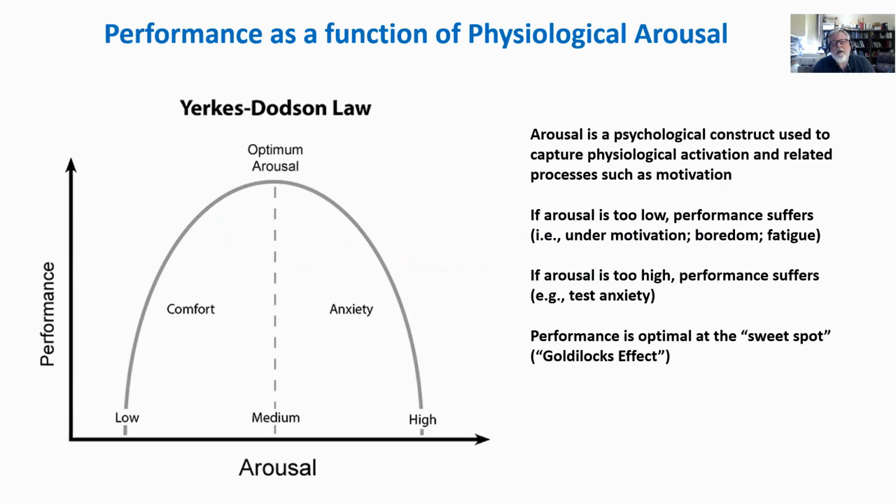We have to begin with this classic law in experimental psychology, and that is the Yerkes-Dodson law that we see here. And what the Yerkes-Dodson law expresses is this complex relationship between the amount of physiological arousal that's taking place in the individual being evaluated and their performance. And what we find is when we go from very, very low arousal, you could think of it as being low motivation or whatever, to intermediate levels of arousal, we see our